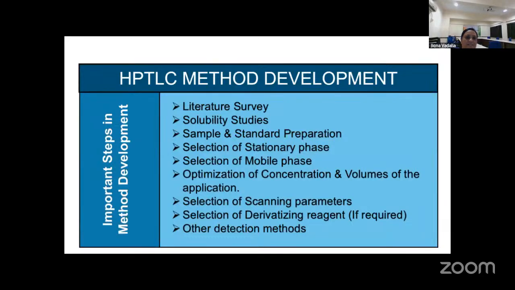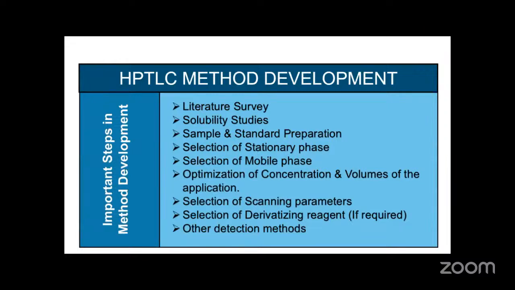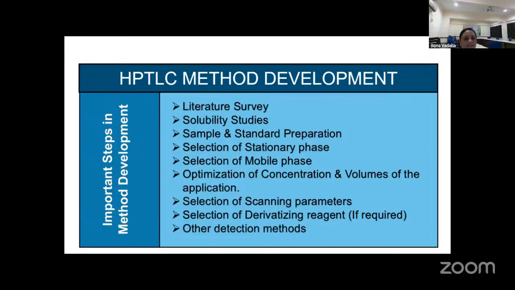Now, for the HPTLC method development, the first step is a literature survey. This is the important step. First, you have to do the literature survey, like which type of compound is there, what is the nature of your compound. According to the nature of your compound, you can select the mobile phase. So a literature survey is required before starting the method development, then a solubility study of your compound, then sample preparation,